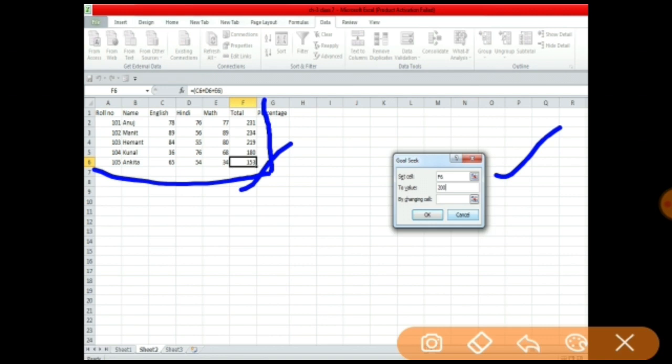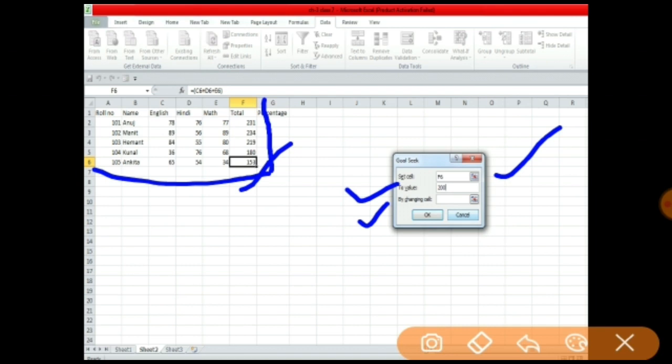After that, To value: how much value you want here. I want Ankita's marks to appear as 200. So I have to put 200 in the To value section, right?